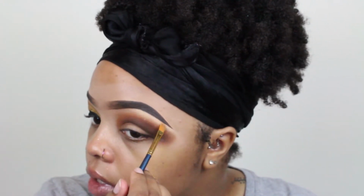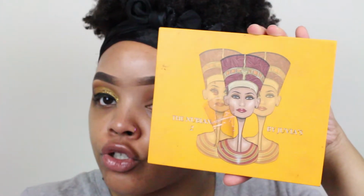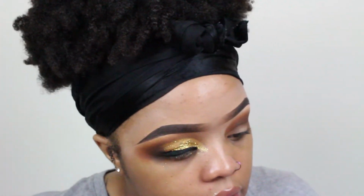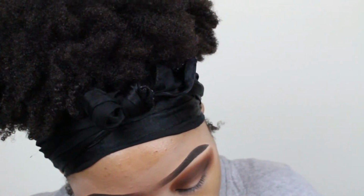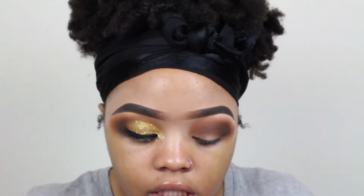And it would have been fine with this one, but as y'all can see, it blends into my skin a little bit too much. So what I did was I went back into the Nubian 2 palette. I almost dropped it. And I went in with Zuri, I think this says. It has makeup all over it. Okay, yeah. And so I went into Zuri, which is this one,